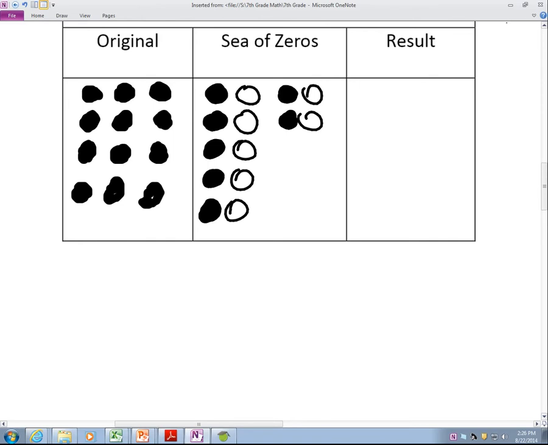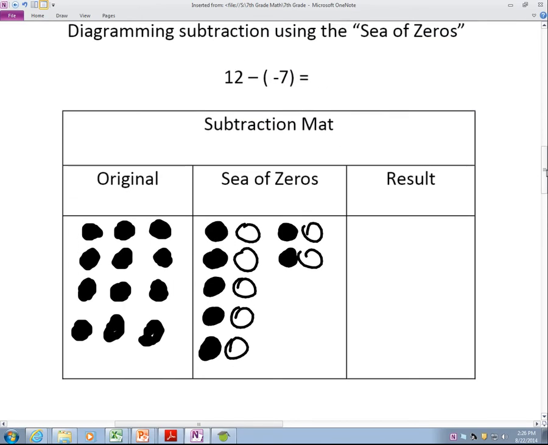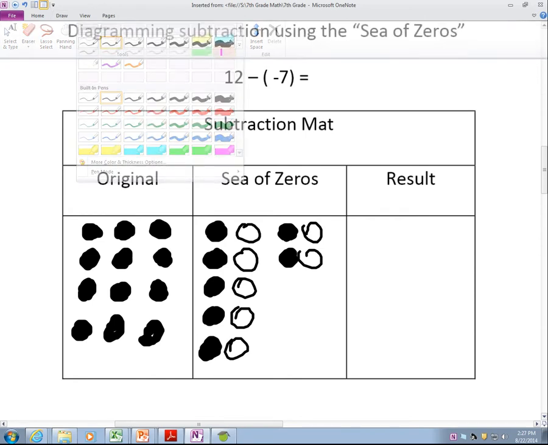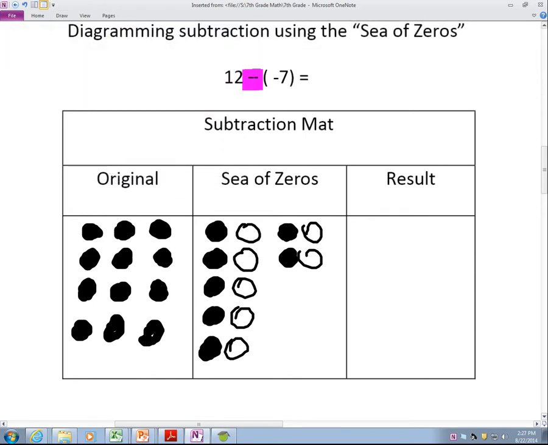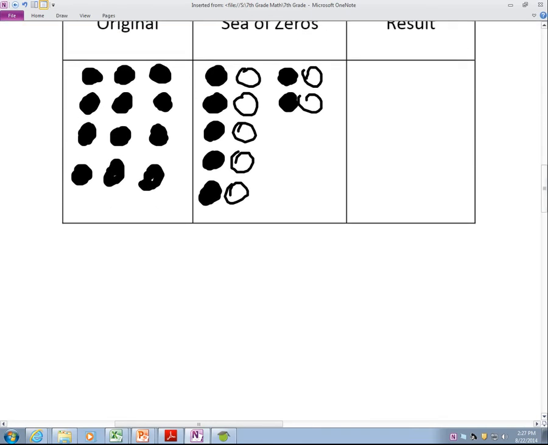Now, it says subtraction map. Are we going to add or take away something? Raise your hand. What's it? We're going to take something away. How many are we going to take away and what are they? Sydney, do you know? 7 positive or negative? Negative, because it says right here, negative 7. So we are going to take away 7 negative